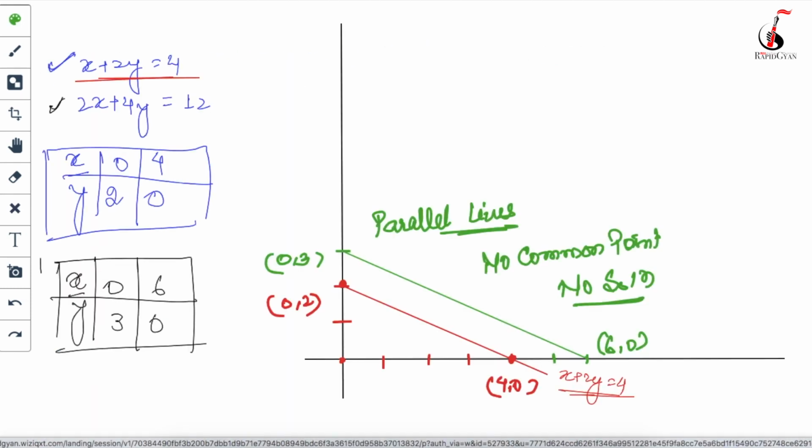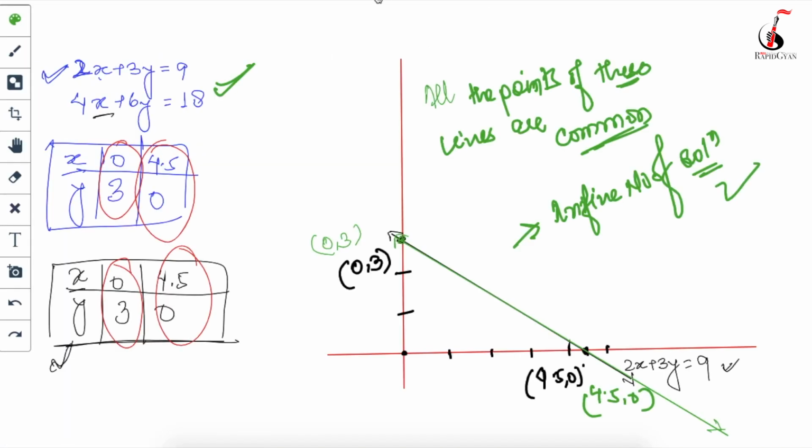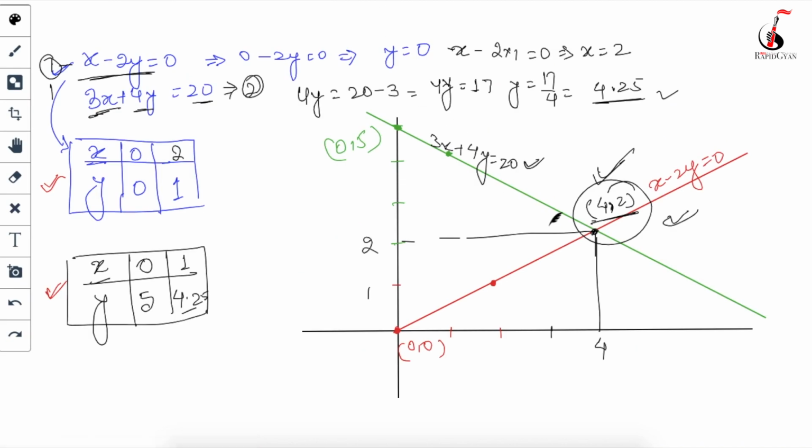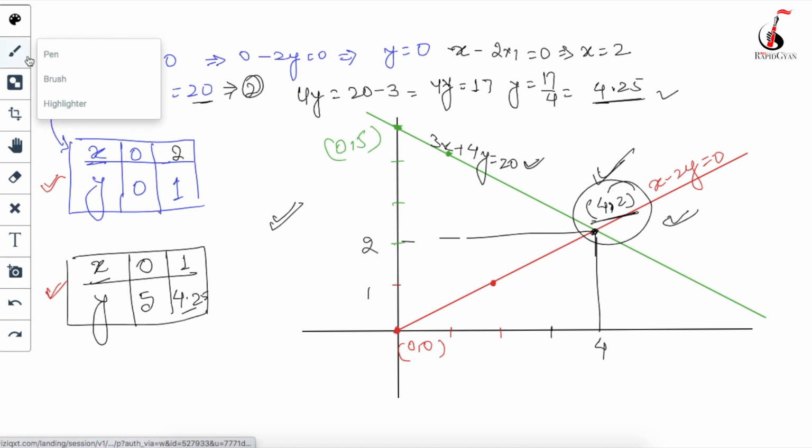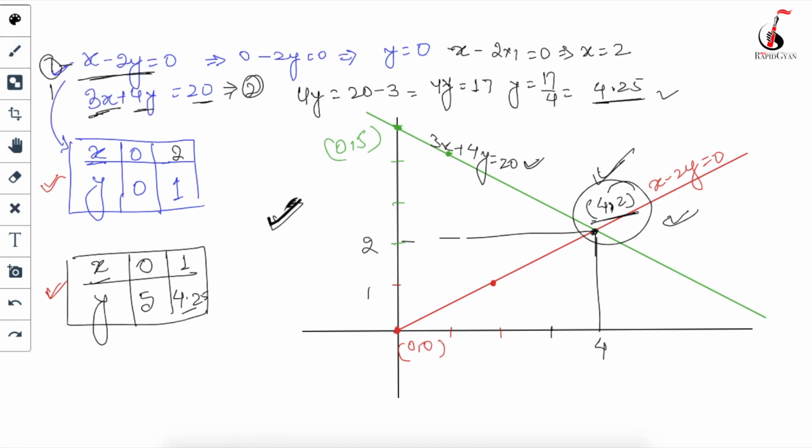Now one very nice concept which I am going to tell you, which is a part of this chapter, is that by looking at the equation itself... See, in all these three cases, first we had to draw the graph in order to find out whether it has a solution, and if it has, how many solutions it has, correct? Now what you will have to do is, without drawing the graph, find the solution. How are you going to do that? So see,